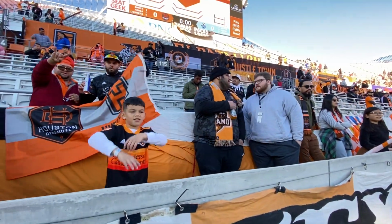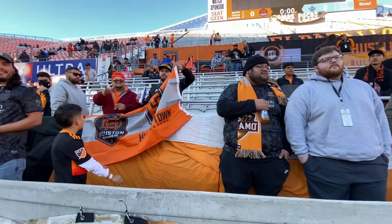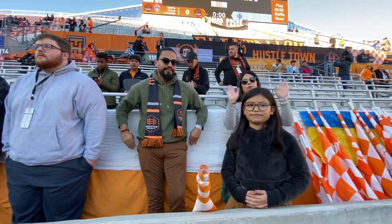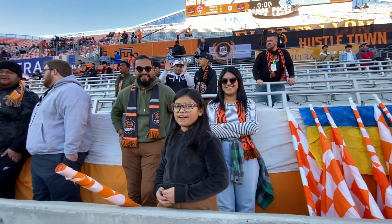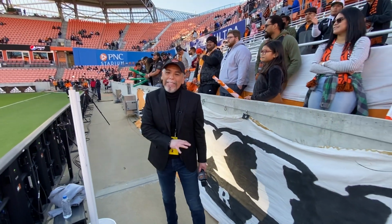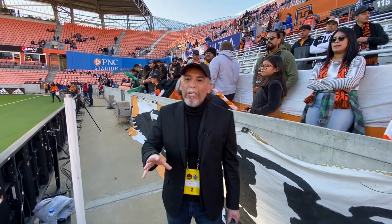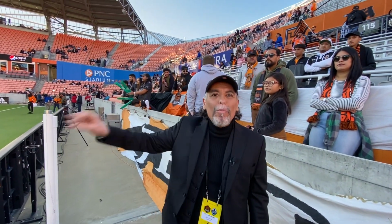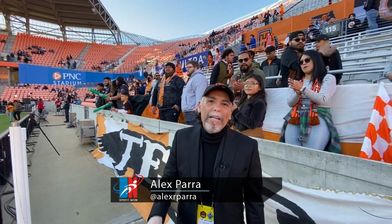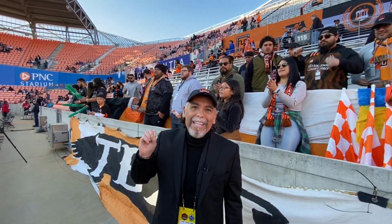These are the ladies and gentlemen that watch us, that follow us, and really it's them that make this such a special, special moment. So there you are, ladies and gentlemen, as we kind of wrap up the tour of behind the scenes at PNC Stadium, taking a look at the many people that are here supporting, many people that love the sport, many people that are here not only to watch Houston Dynamo, but also to support the sport that we all love. So I hope you enjoy a little bit of behind the